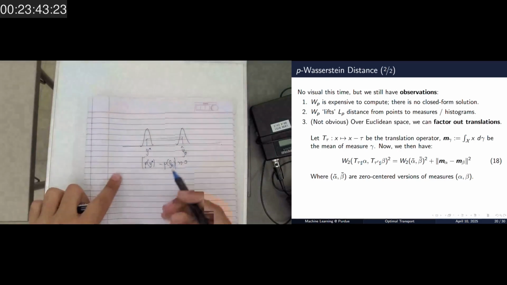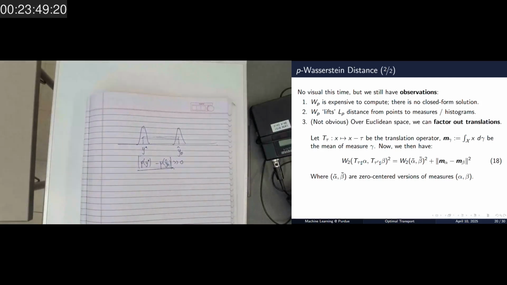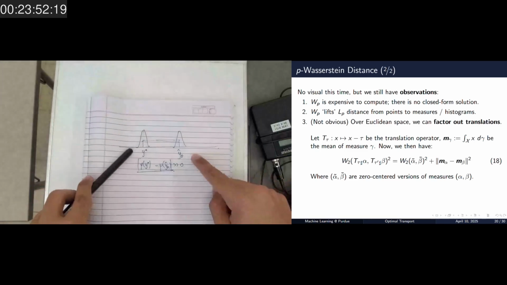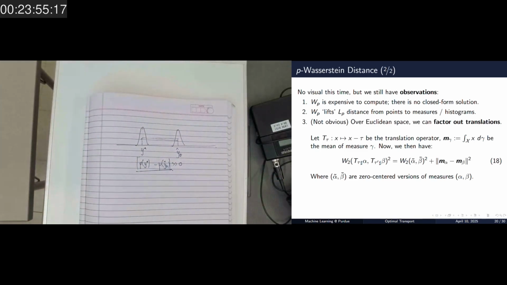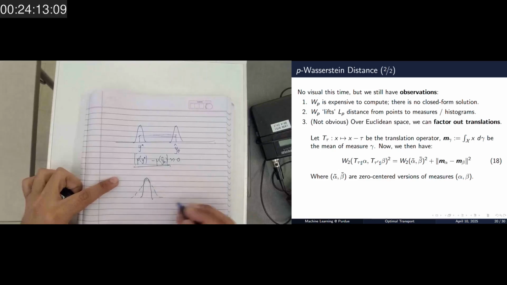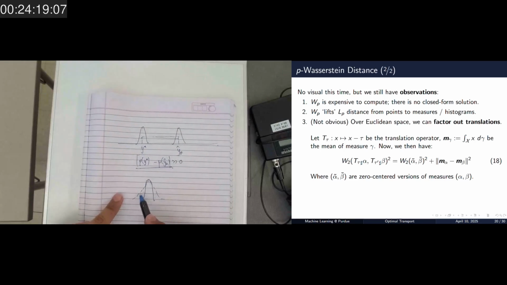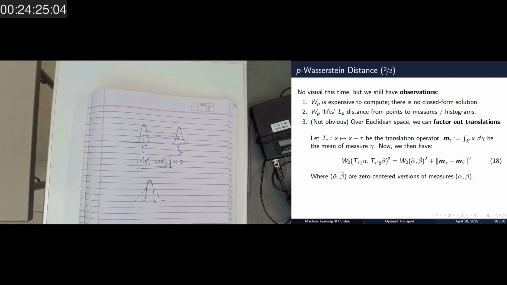So the second term is basically computing this term over here, where we are comparing the mean of the two distributions and obtaining the distance between those two. And W2 is basically the zero-centered version of alpha and beta, which means that we are now just comparing the shape of the two distributions. So if I overlaid one over the other and tried to compare the two distributions, you are performing this twofold comparison now. So you first explicitly compare shape